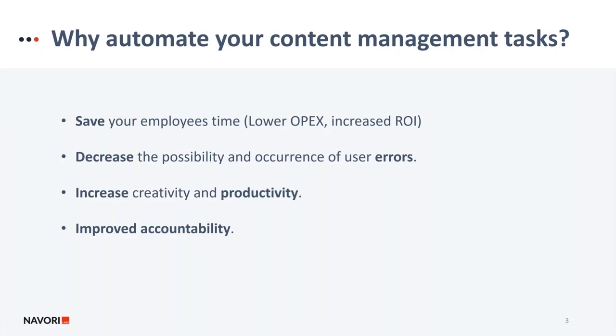So the first point is, automation, of course, is designed to save your employees time, which in turn will lower your operating expenses. You can have potentially a smaller number of content managers within your organization. And by lowering OpEx, of course, you're increasing the return on